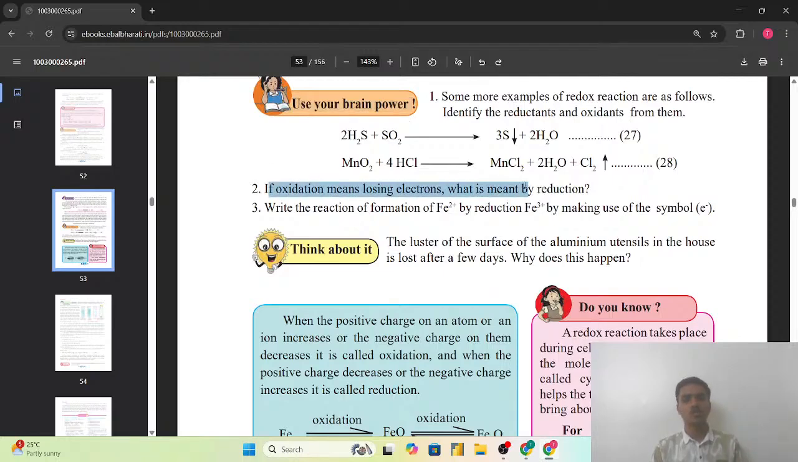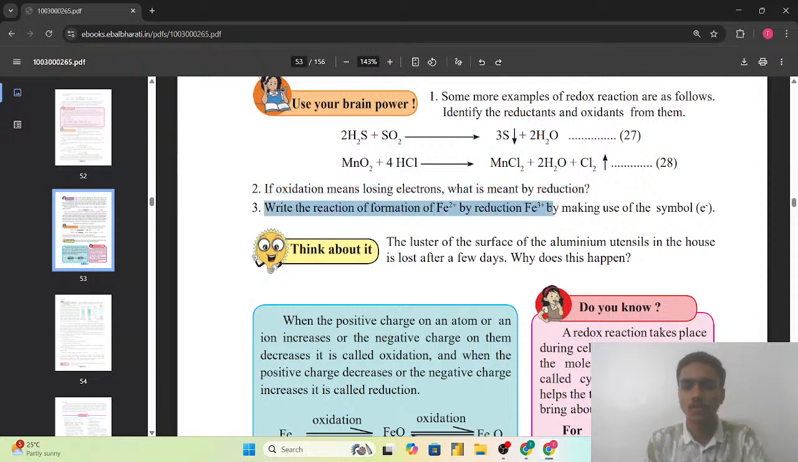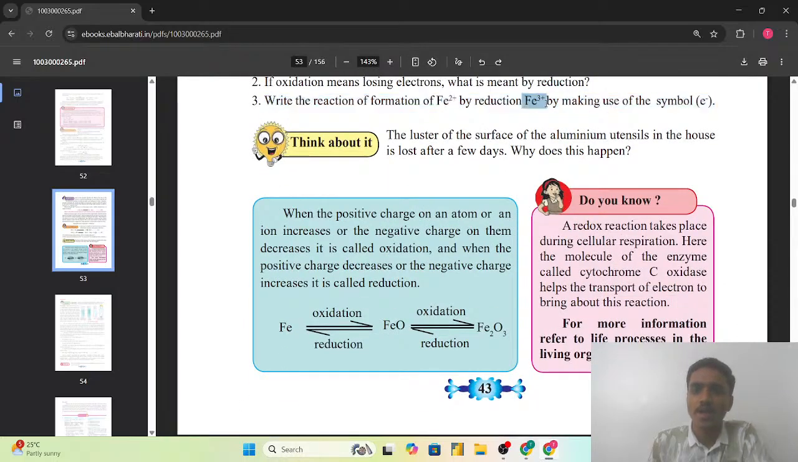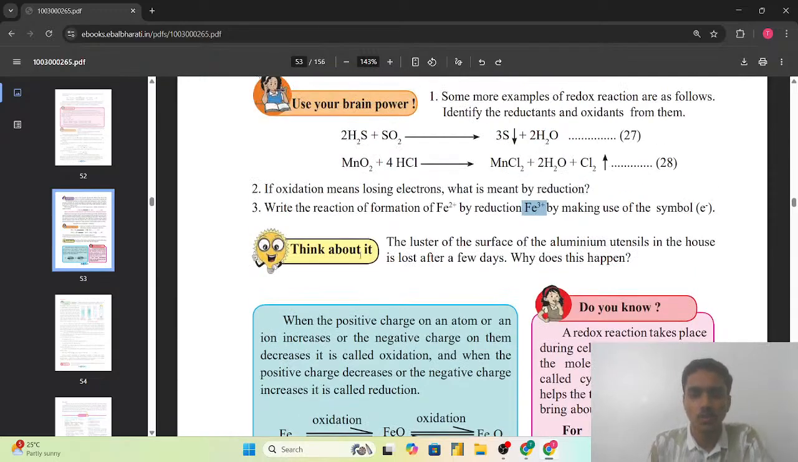If oxidation means losing electrons, what is meant by reduction? साधारण सी बात है, ऑक्सीडेशन मतलब लूजिंग इलेक्ट्रॉन, रिडक्शन मतलब गेनिंग ऑफ इलेक्ट्रॉन। देन राइट द रिएक्शन ऑफ द फॉर्मेशन ऑफ Fe2+ बाय रिडक्शन Fe3+ बाय मेकिंग यूज ऑफ द सिंबल इलेक्ट्रॉन माइनस। मतलब साधारण सी बात है, यहाँ पर अगर आयन ने इलेक्ट्रॉन दे दिया, तो साधारण सी बात है कि इट विल बी लीडिंग टू द Fe2+ चार्ज। तो दैट रिएक्शन ऑल्सो वी आर गोइंग टू सी।